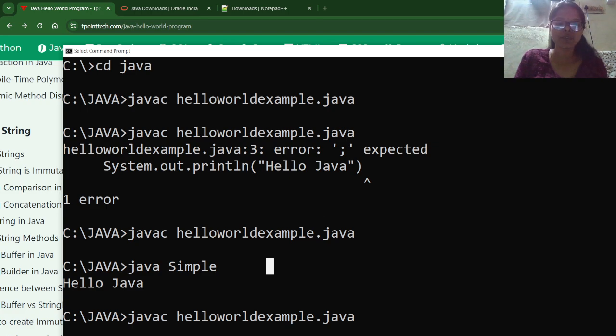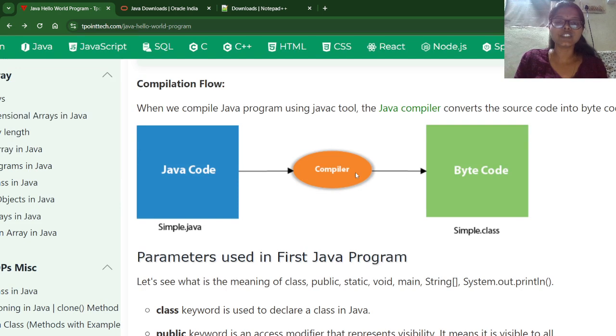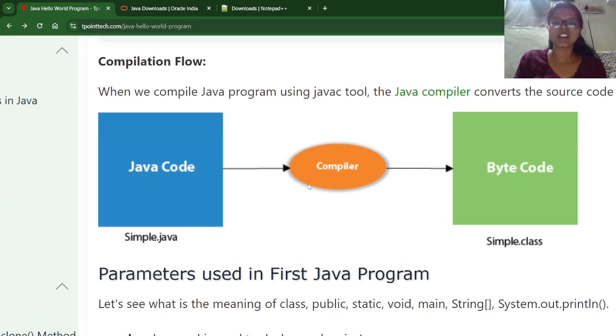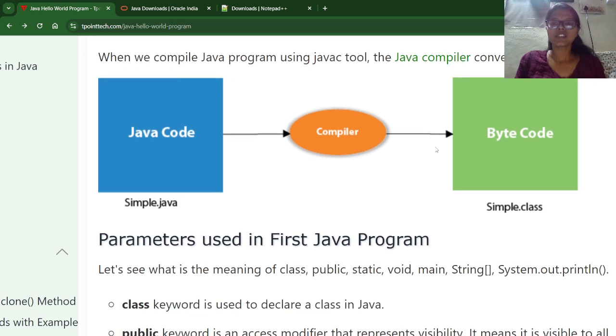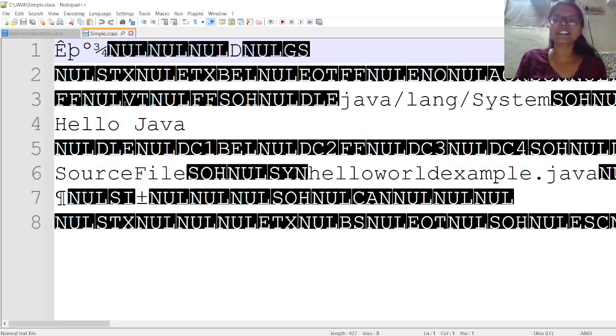So what are the steps we have? The source code is converted into bytecode with the help of the compiler. Who is converting source code to bytecode here? The compiler is responsible for converting the source code to bytecode. To compile it, what command do we need to use? javac filename.java. This bytecode is in the form of a .class file that we cannot understand, but that code can be shared with other operating systems, and it will run just like in our system. We'll get the same output with the help of the JVM.